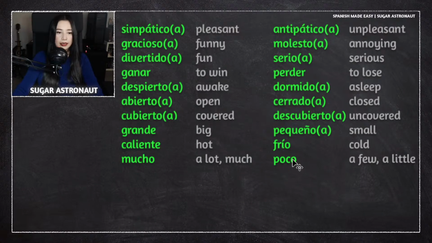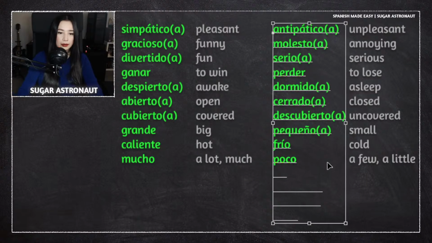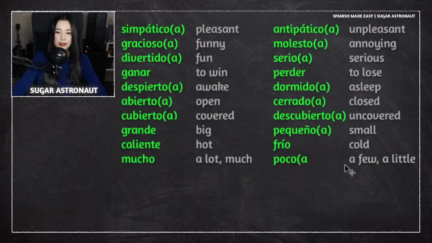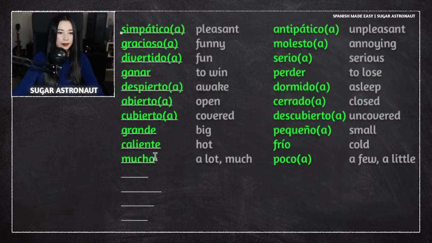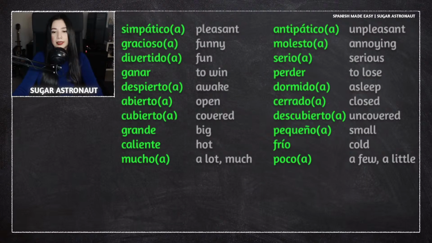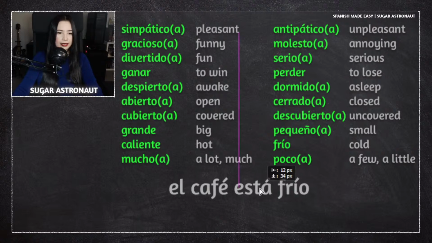Also, this one can be feminine as well. Poca. Poca is feminine. Poco, poca. Mucho, also mucho, mucha can be feminine as well. So let's keep that in mind. Sorry, mucha. Okay. So for example, I could say something like,